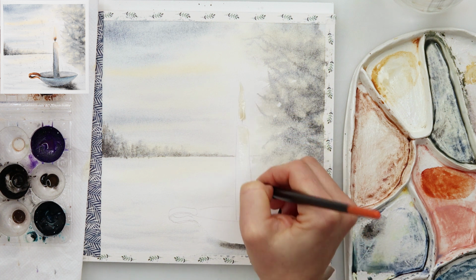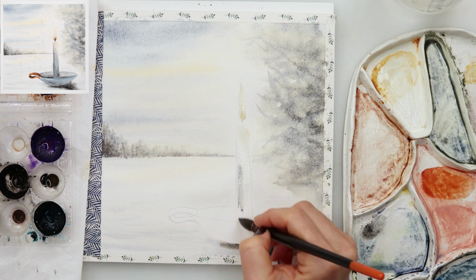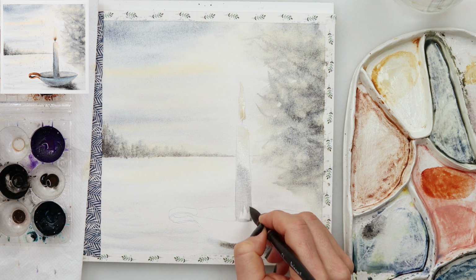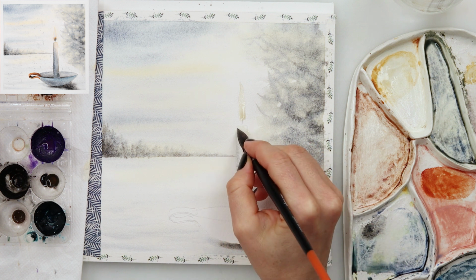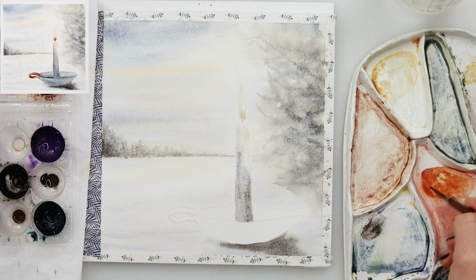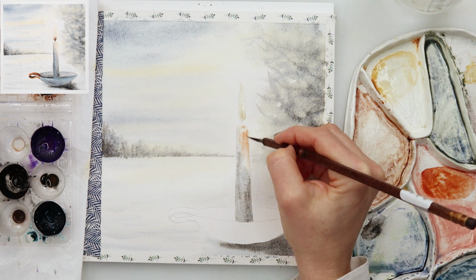And when finished with that, I left it to dry completely. For this, the paper has to be very dry because we don't want the paint from the candle to bleed into our background. This we do want to have harsh lines, and I've added just a little bit of yellow, a mix of yellow and red to get a somewhat orangey color. Painted in the flame, then the candle,